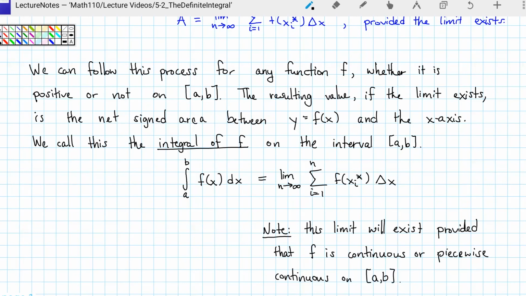So in more advanced topics in Calc 2, you might see that the limit might not exist. You have to be more careful if, for example, f is continuous on the open interval from a to b,